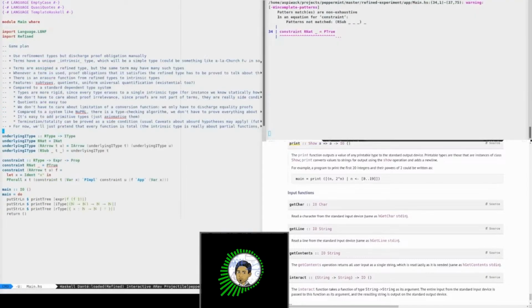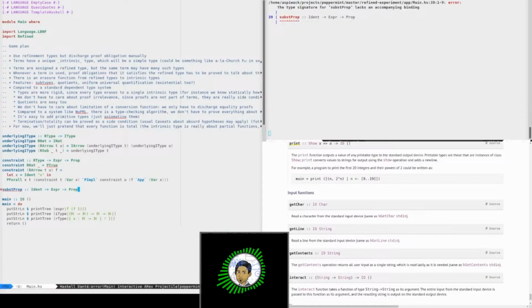Okay, so indeed something is missing because we don't do rsub, but for rsub we need an extra function. It's just a substitution function. Oops. Subst rop ident expr. I can see the generated code. You can pass minus dump slice to